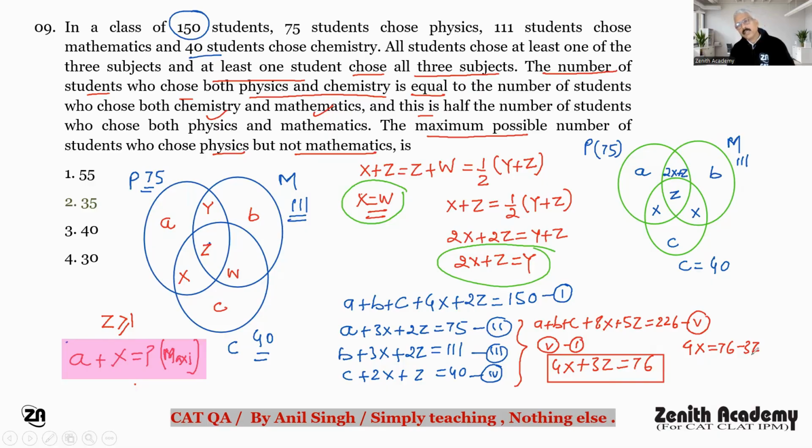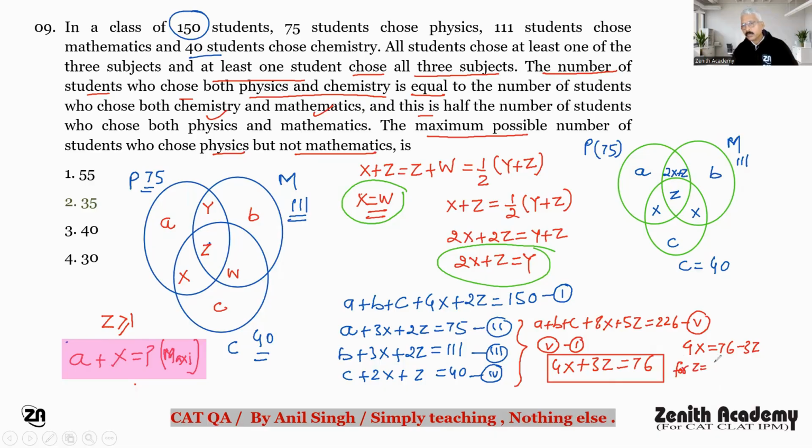So minus 3 into z, z should also be a multiple of 4. So the minimum possible value of z is 4, because z must be 1 or greater than 1. So z should be the multiple of 4. Again, I'm repeating. So listen. If I take z is equal to 4, then